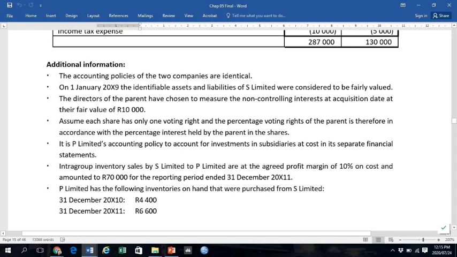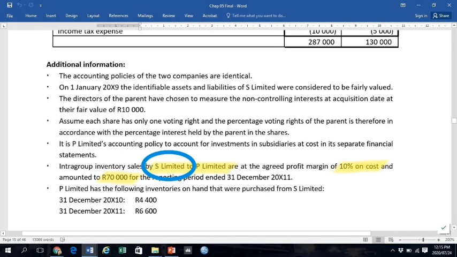Now the intra-group inventory sales is by S Limited to P Limited at the agreed profit margin of 10% on cost, and the total sales and purchases for the current 20x11 reporting period amounted to 70,000 Rand. So the difference compared to example 5.1 is that S Limited is now the selling entity. From this example, you would now pick up that it becomes very important to identify who the selling entity within